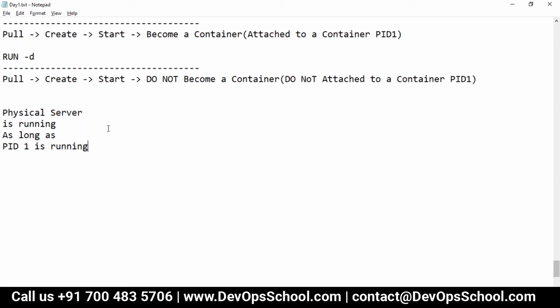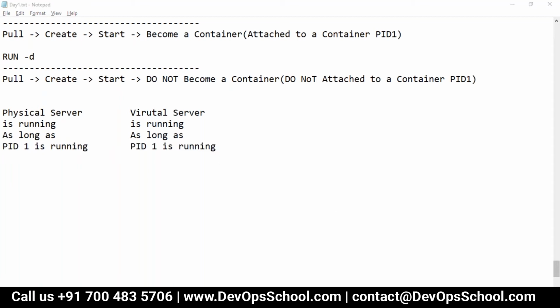If you shut down or forcefully shut down, basically PID 1 gets killed, so your system gets shut down. Same concept we have with the virtual server also: virtual server is running as long as PID 1 is running.